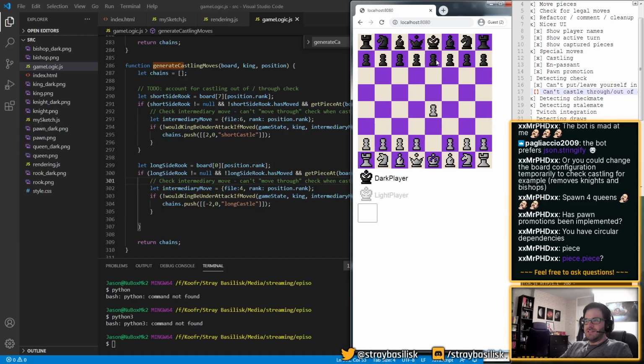Let us continue our quest to test our castling. So, E1 question mark. Okay, castling move is there. Let us try and get rid of it by blocking with a rook or something.